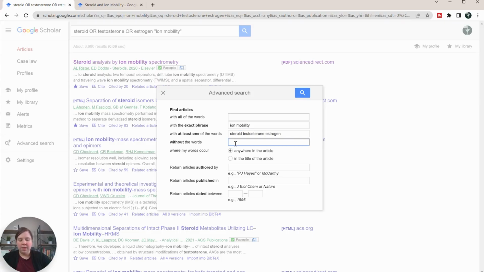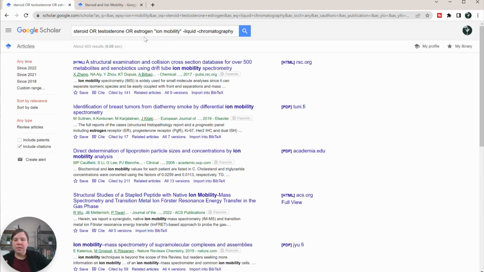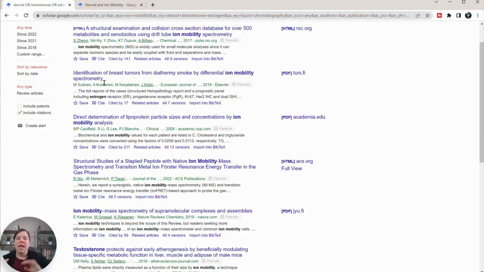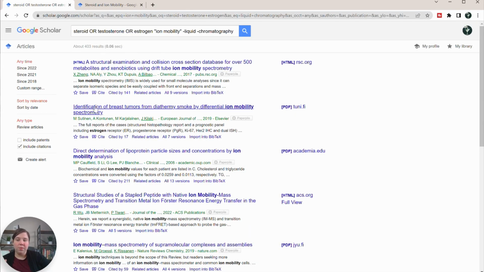So I'm going to search without the words liquid chromatography, because oftentimes a lot of these things will have LC as a component of it. So I'm going to search without those words. And so now it's only going to bring me up things that are only in ion mobility without talking about liquid chromatography at all. If someone is talking about liquid chromatography in the abstract or in the introduction, but it's not a main portion of their study, I may still want to get those